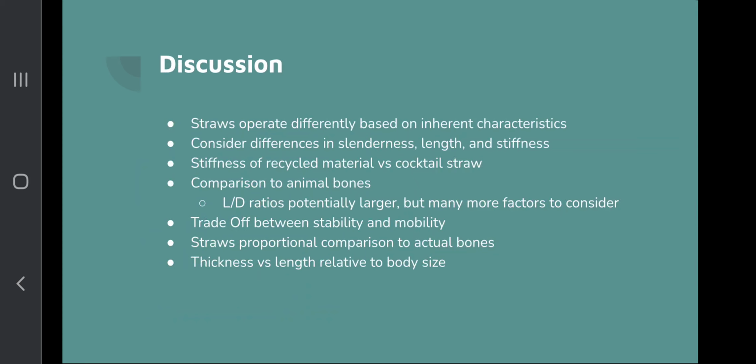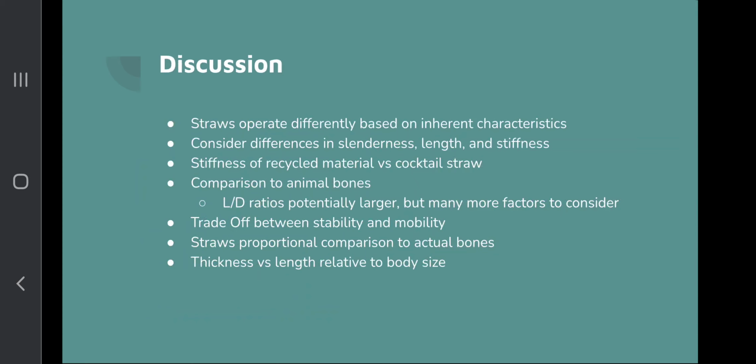Now, we can see that straws operate differently based on their inherent characteristics. We need to consider the slenderness, the length, and the stiffness of each straw. When we look at these two different types, we can see that there's a clear difference in stiffness. The recycled material in my straws is much weaker than the cocktail straws. Those are a lot harder to bend even by your hand, whereas these recycled materials, you can pretty much snap